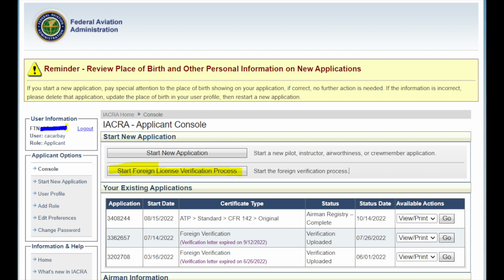As you can see from this picture, I got foreign verification twice and all of them are expired. So basically you can keep track of your application and the status in this web page, and it will take approximately 1 month. So you should consider this verification in detail, because